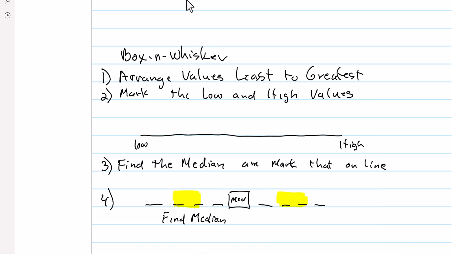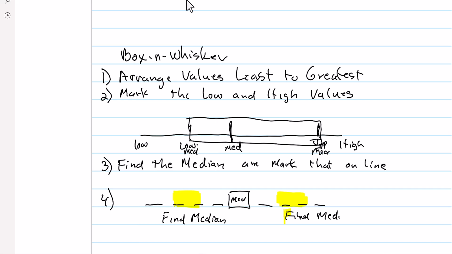And then you find the median up here. So once you have everything marked, lower quartile, lower median, upper median, mark that, and then guess what? You are ready